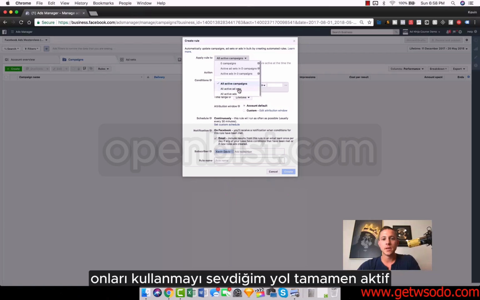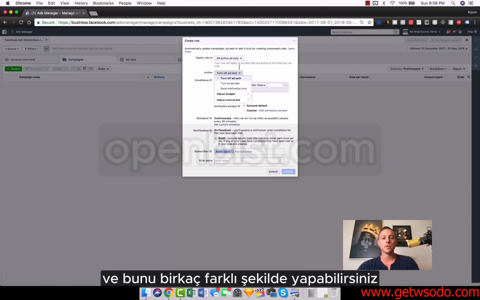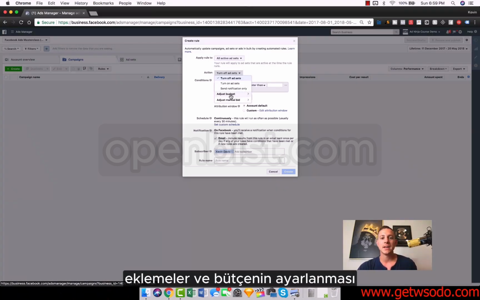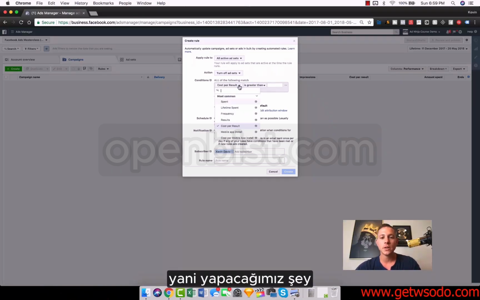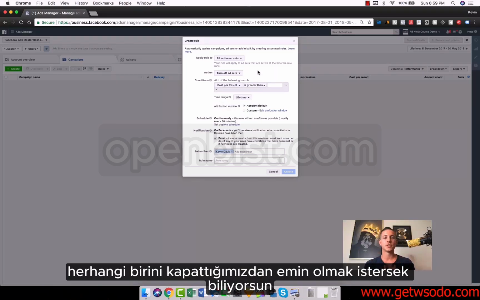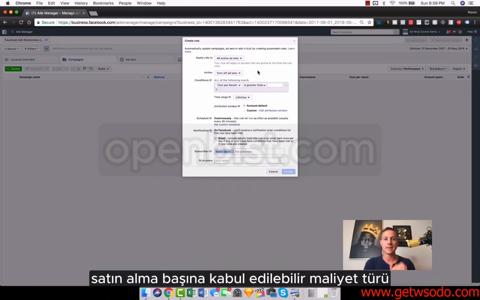The way that I like to use them is with all active ad sets. And you can do this a couple of different ways. The two main ways that I like to use it are turning off ad sets and adjusting the budget. For the first one, we're talking about turning off ad sets. So if we want to make sure that we turn off any ad sets that are getting a little bit too expensive, we first have to establish what our acceptable cost per